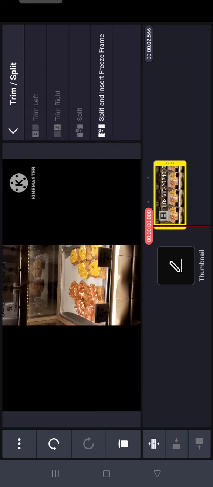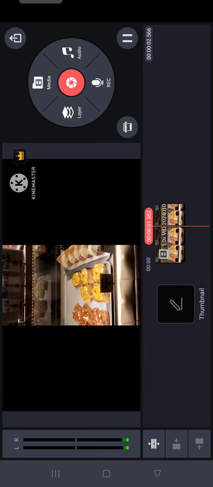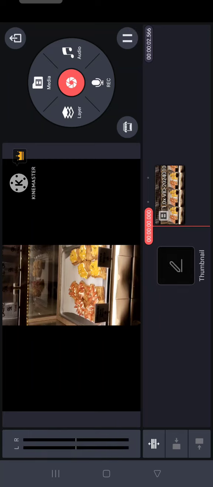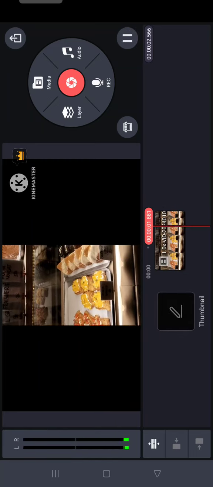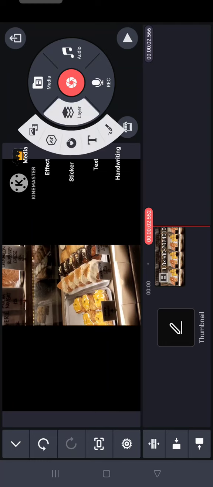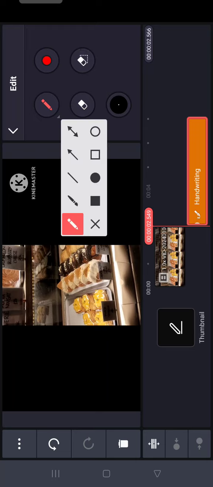So this is the video, my project. I want to remove the lamp under the video. It's very easy. All you have to do is tap the layer and tap the handwriting. Here in this handwriting option you can use brush, pencil, eraser here. So you can use the shape, for example